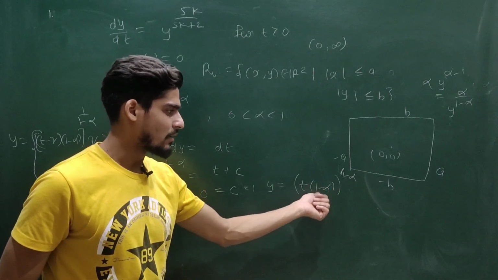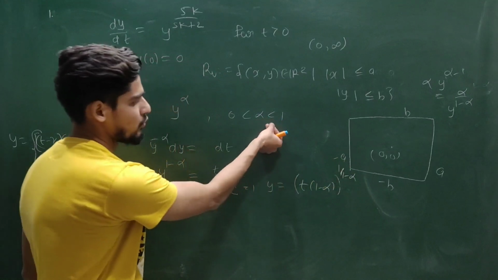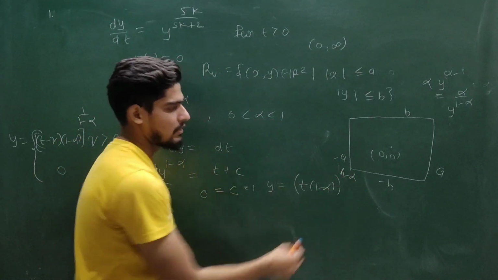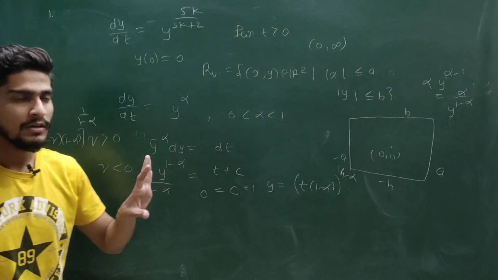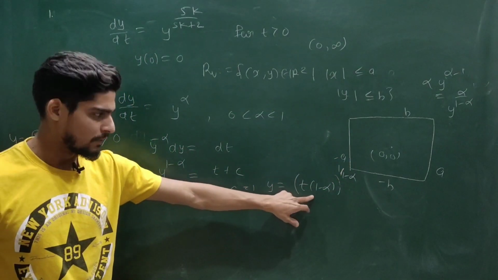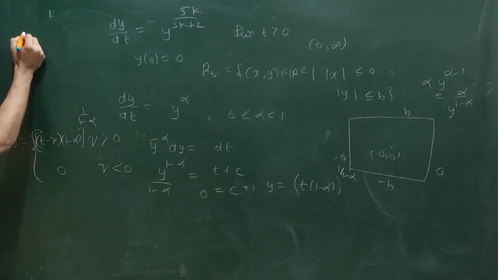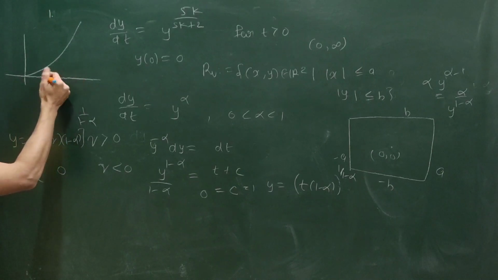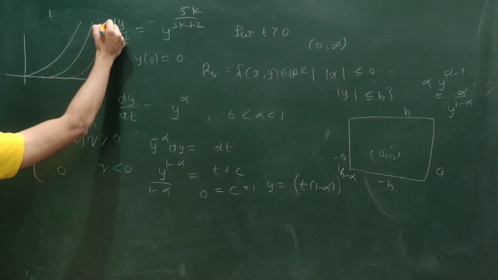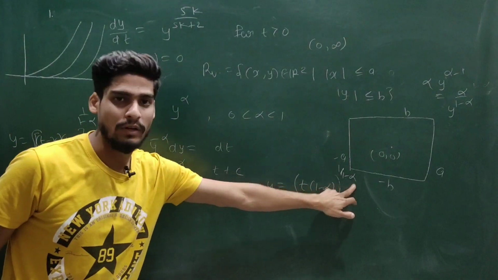This curve may be a parabola or it may have more growth because your alpha is less than 1. So this 1 minus alpha will be lesser than 1, so this overall exponent quantity will be bigger than 1. So its growth will be bigger than the y is equal to x line. So the curve will look like in this format. If you are shifting your curve to the positive side, then this curve will shift like this. It is not exactly a parabola; it will depend upon your alpha.